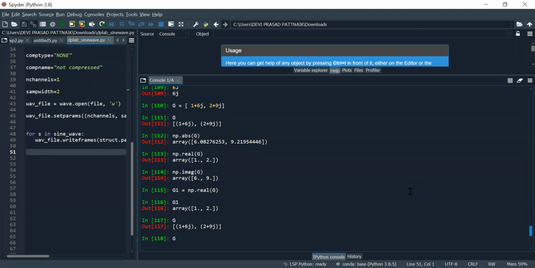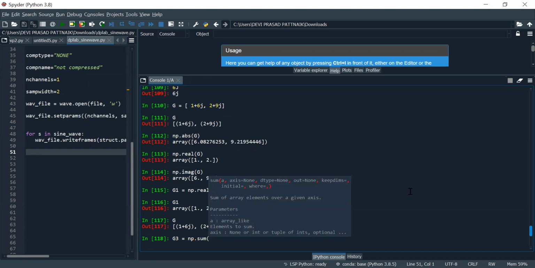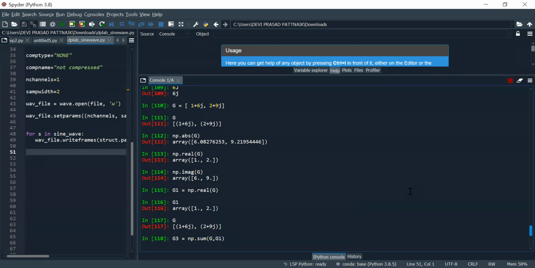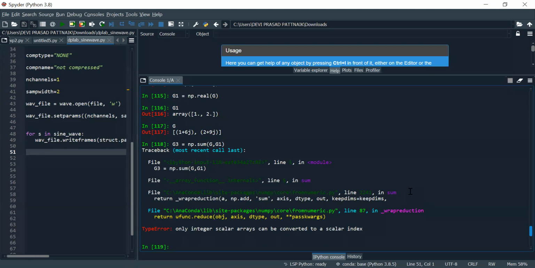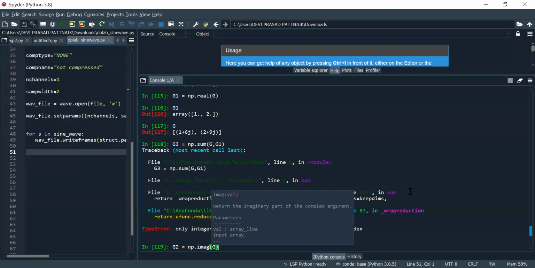Try with this: G3 is equal to np.sum of G1. Try with it. The imaginary part of G.